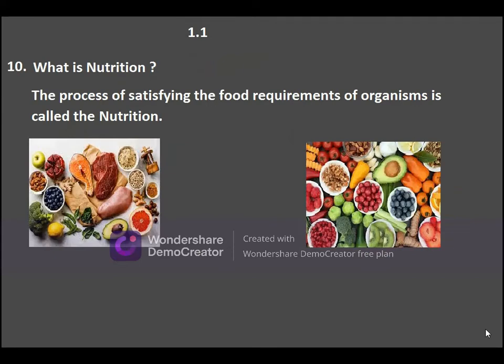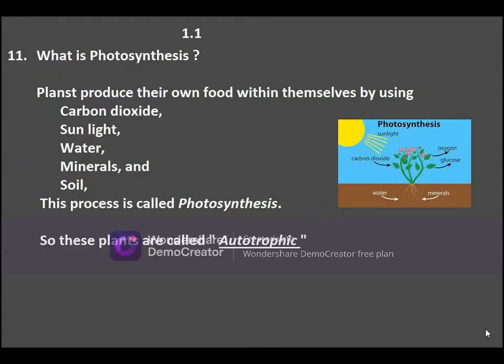10. What is nutrition? The process of satisfying the food requirements of an organism is called nutrition. 11. What is photosynthesis? Plants produce their own food within themselves by using carbon dioxide, sunlight, water, minerals, and soil.